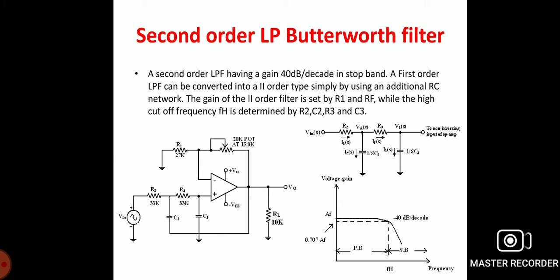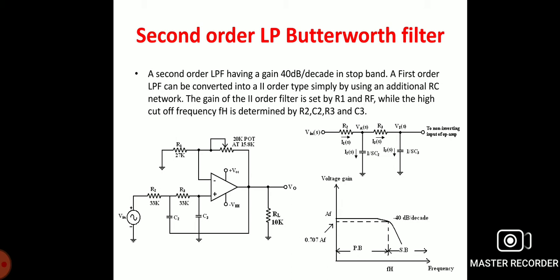The equation must have real and equal roots. So for the filter design, choose a value of the higher cutoff frequency, and to simplify the design calculations, set R2 equal to R3 equal to R, and C2 equal to C3 equal to C, choosing the value of C less than or equal to 1 microfarad. Finally, because of the equal resistances R2 and R3 and equal capacitors C2 and C3, the pass band voltage gain AF is equal to 1 plus RF divided by R1.